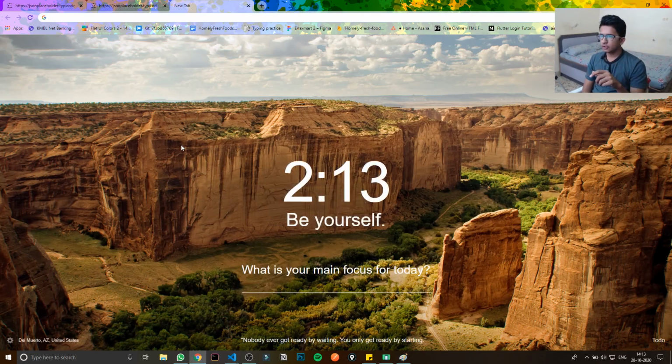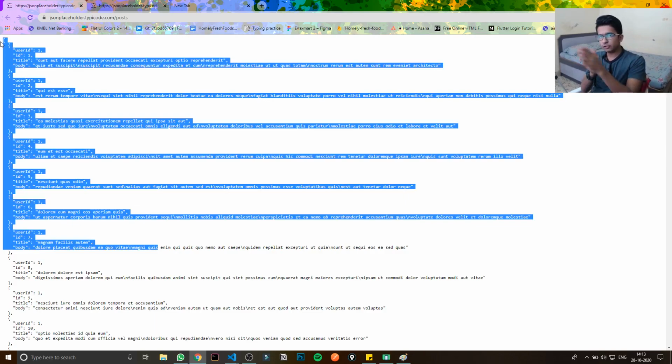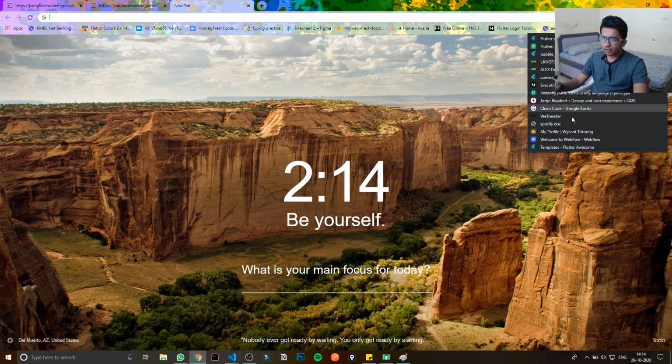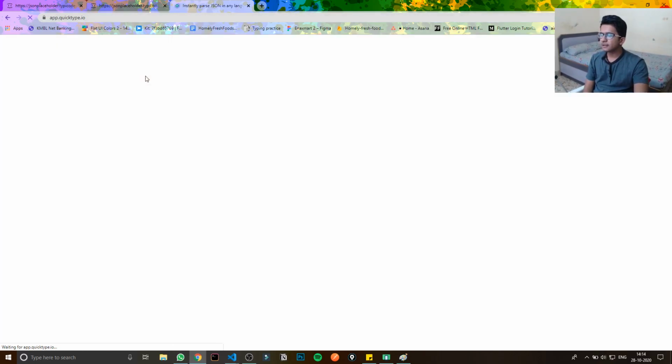Now we have to create a model for Dart, right? A model is nothing but a way to convert this JSON into Dart and Dart into JSON. To do that, we need a model in Flutter or in Dart. For that there is also one website, app.quicktype.io. Search this out. It's the best way, and it saves lots of time.